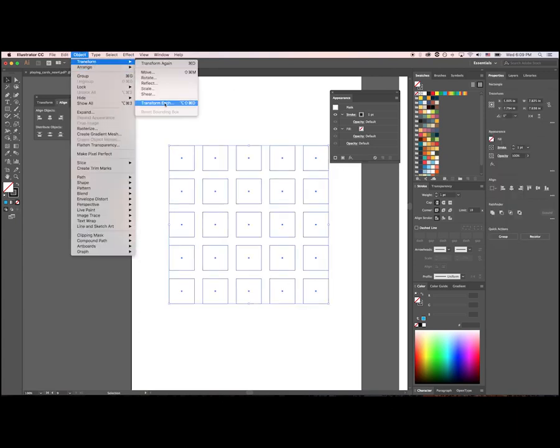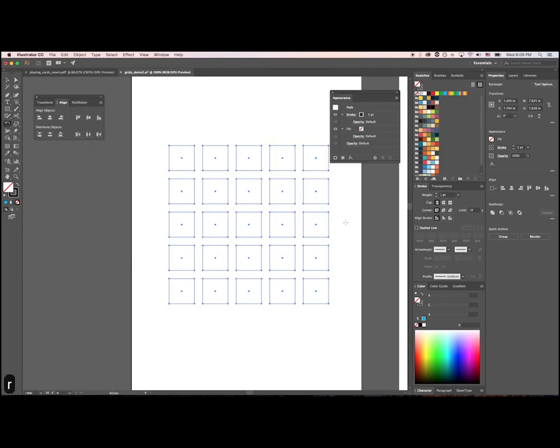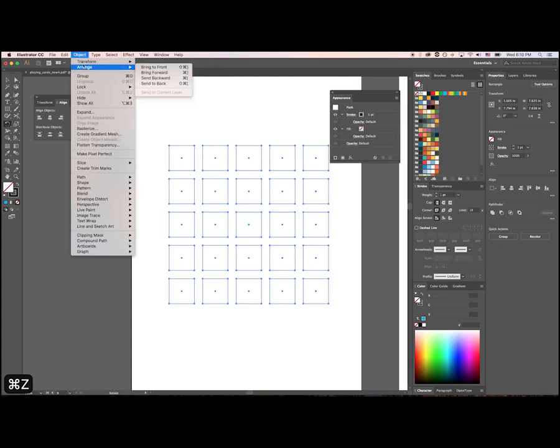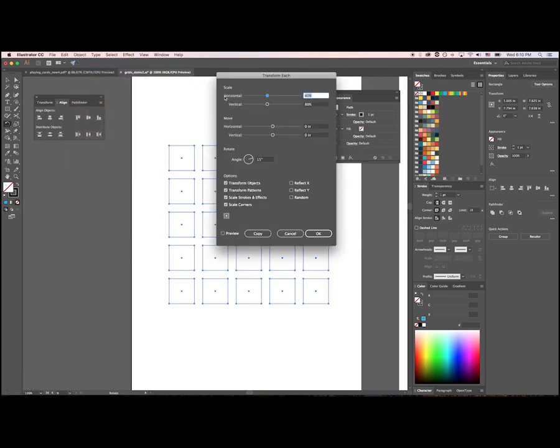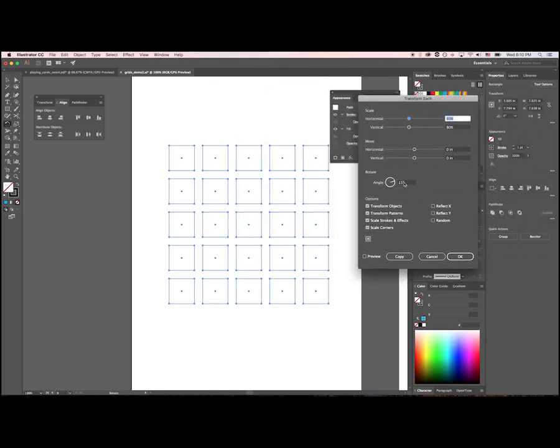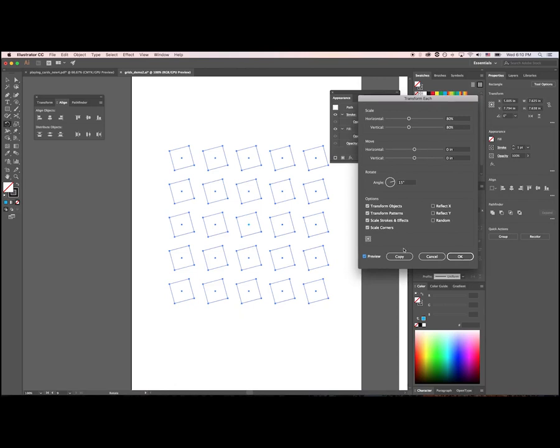with Transform Each, instead of rotating these and them all rotating at once, what if I just wanted to rotate them in their place but not have to go through each individual shape? You can do that with Transform Each. So rotate at an angle of 15 degrees. So yeah,